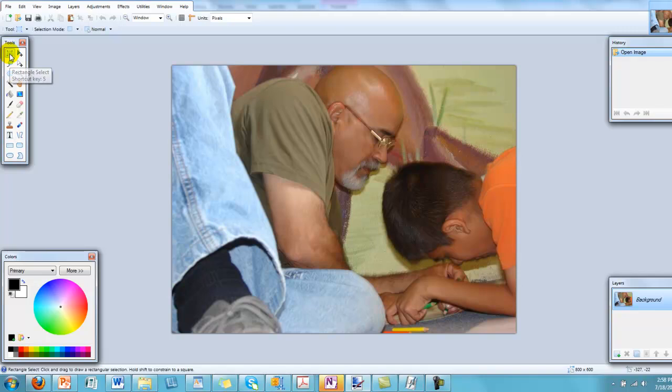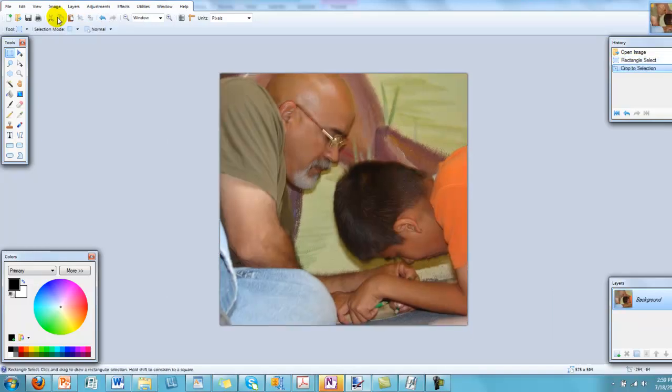So once again, we select our cropping tool. You don't need to show all of a person to get the idea, and just to crop more of it out, do like so. Go up to the image, crop to selection, and here I think we have a lot better picture. You can't really tell what it is here. It could be a pile of clothes or something like that, but at least it's not so strange with this foot coming into there. Once again, if we wanted to crop it even a little bit tighter,